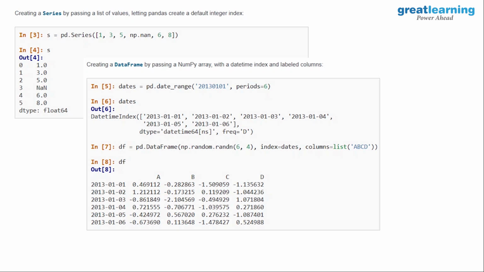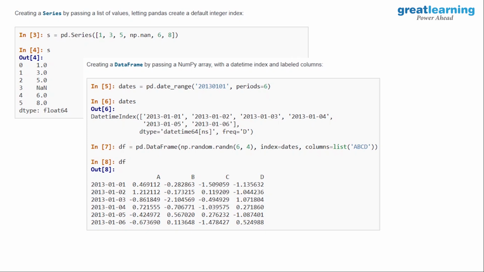In this example, it is not giving any column name actually. In the previous one, the series name itself is the column name. This is only one column, no? The series name itself is the column name, because for a series there is no column name concept. There is only a single column. A series will not have multiple columns. So the data series name itself is the column name. But you can give a different index to the series also, comma index is equal to, you can mention that.